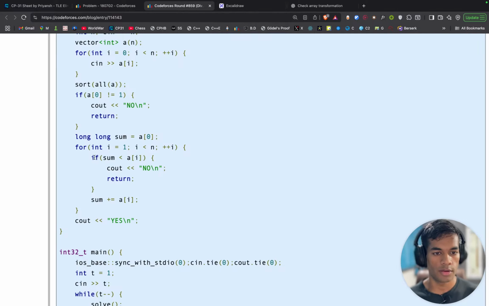Starting from the first element, like second element, because 0 indexed. See if sum is smaller. If sum is at any point smaller, then output no. Otherwise,